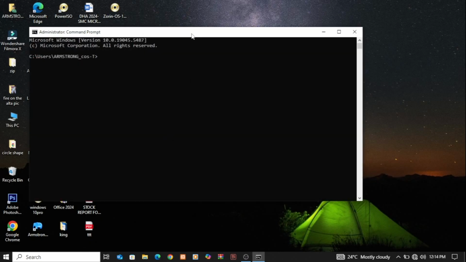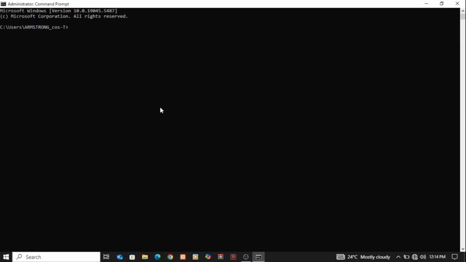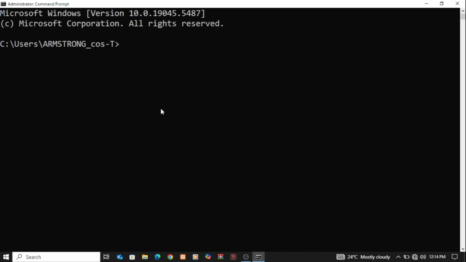As I've clicked on run as admin, what I'm going to do again is type a series of commands, which I'll leave in the description where you can take a look at. So I'll go ahead and type net space user, then I'll create my user where I'll put it in quotes. It's going to be Armstrong